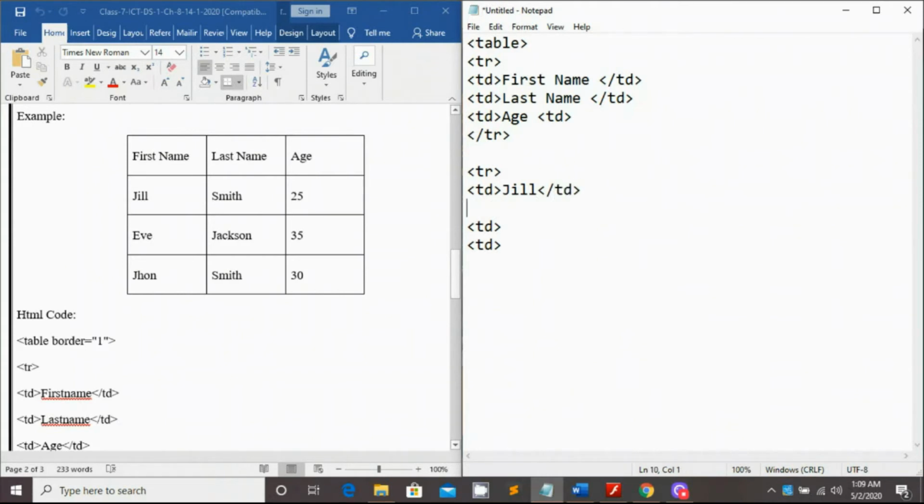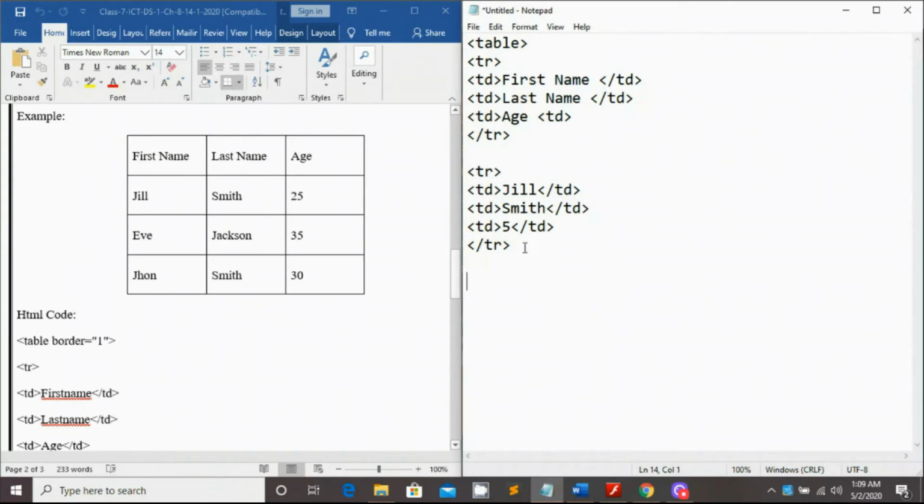Zil. In the second data, what is written? Smith. What is the third data? 25. Then you have to close the tr.